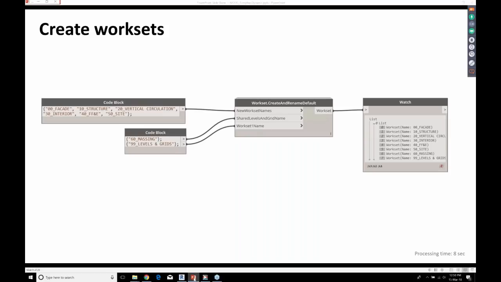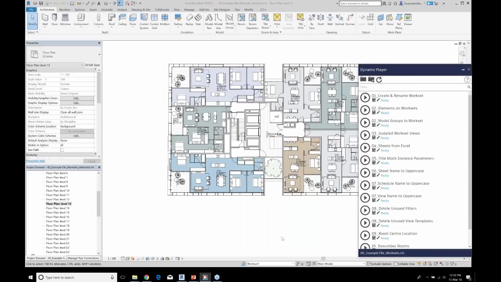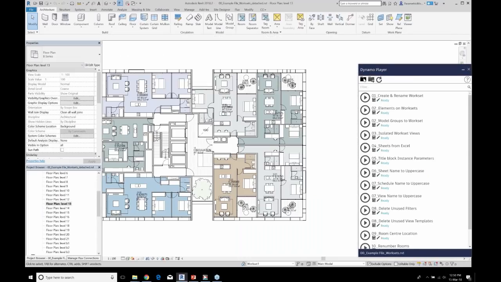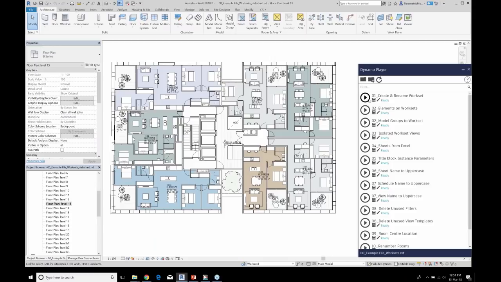So let's open that up. I've got Dynamo Player browsing to my library folder. I don't really need to modify the input, so I'm just going to hit play. It should take around 8 seconds.